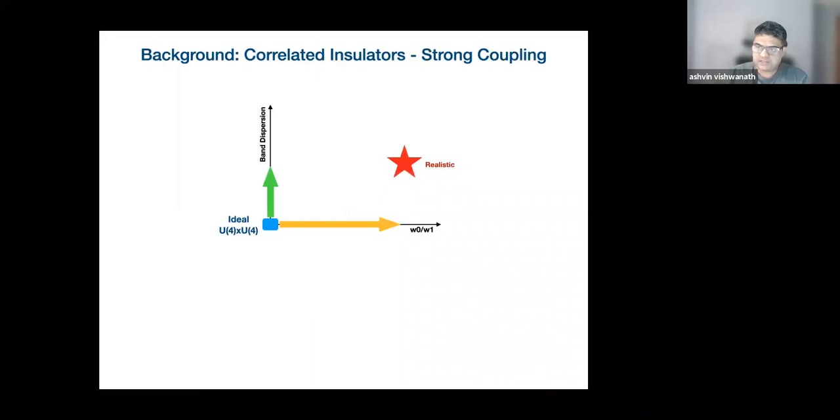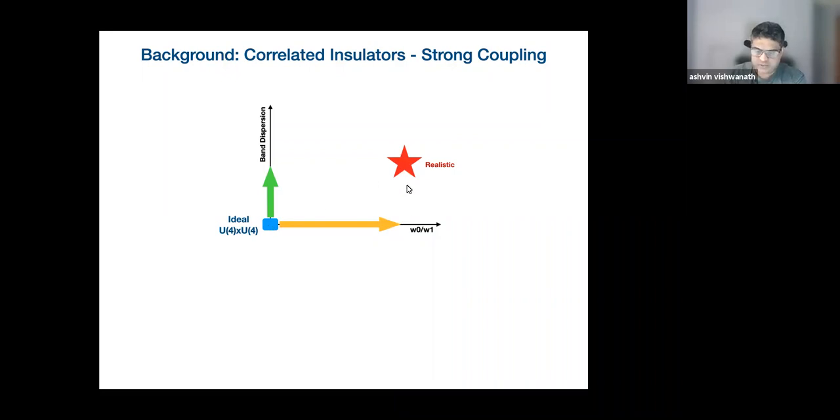Okay, so it turns out that in this picture, there's a large degeneracy. You can pick any state among these 4 degenerate states, and you can make rotations between them. So there's a large symmetry, U4 times U4 symmetry in this ideal limit, where you have both the chiral limit and the absence of band dispersion.